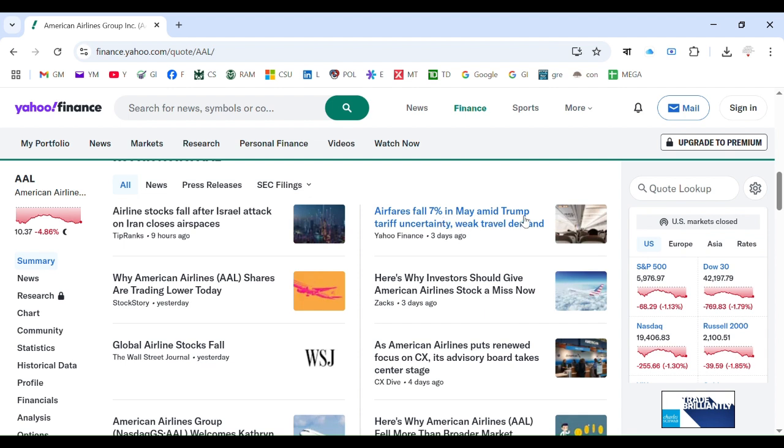This is going to be a long-term issue if Trump keeps putting his policies in place like this. It's not going to do good for the airline companies. So keep watching and be vigilant about what's going on in the policy rooms, like in the Senate or the House, so that there is a directional move in the future.